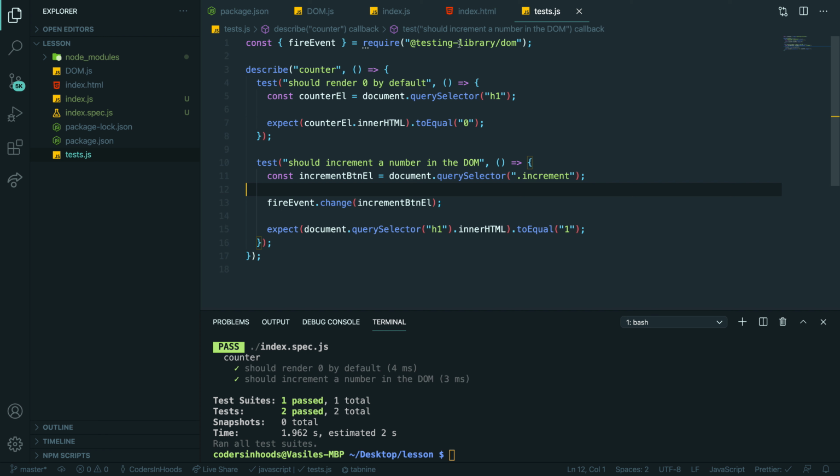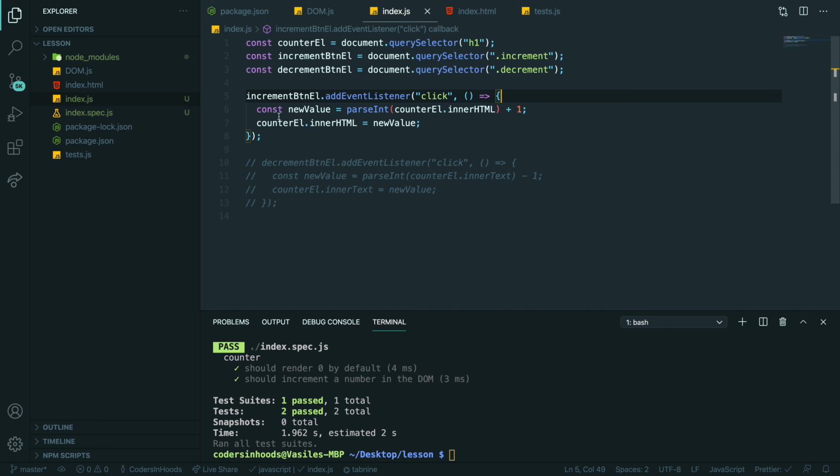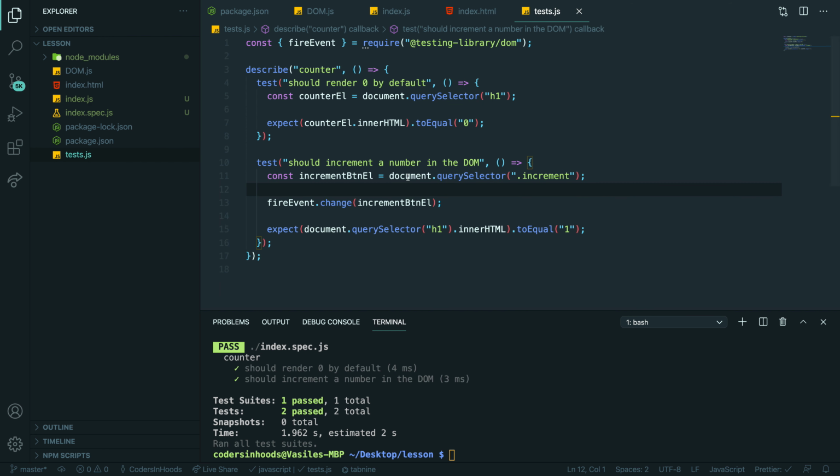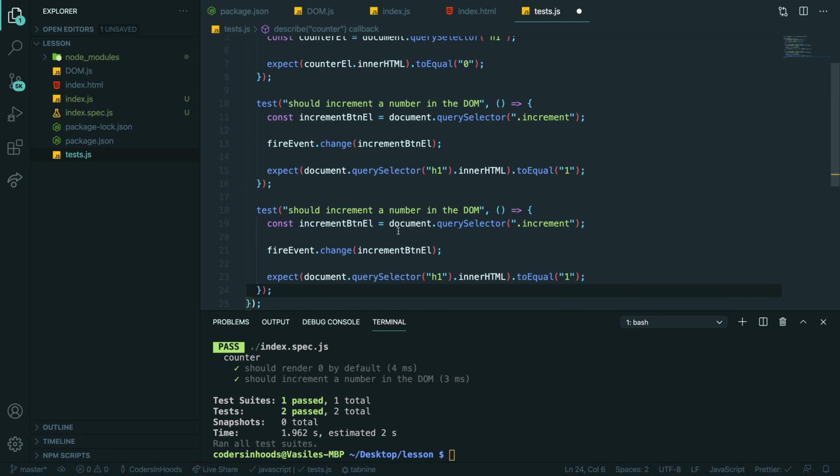So yeah, this is basically how you check the behavior, right? You don't care what's going on inside the function, inside your event listener. It doesn't matter. You can do whatever you want. You can call 20 functions inside. You don't really care. All you care about is the actual change on the DOM, right? And for the decrement, you really care about the DOM. So here the decrement,